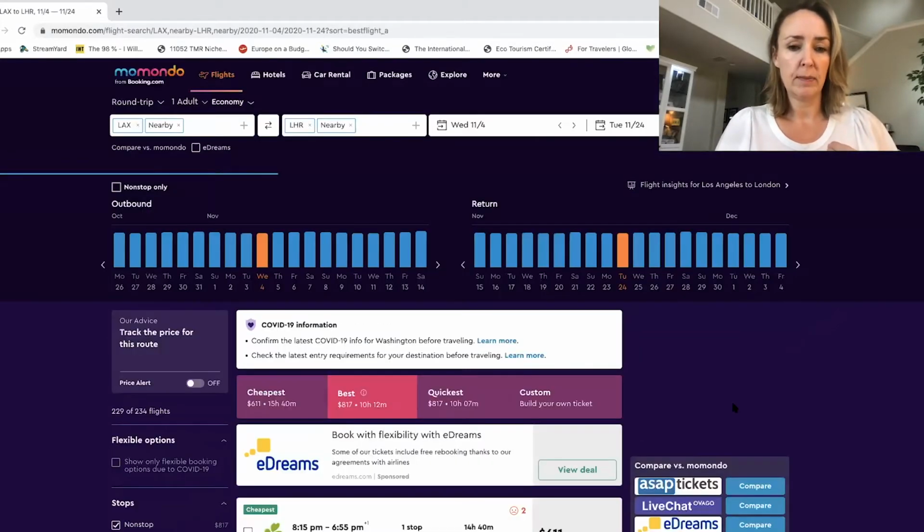Continue flights. Okay, so one of the things I love, if you've seen any of my videos, you know I talk a lot about Google Flights. Right now, they are my current favorite for finding the cheapest airfare or finding any airfare for where you're going. But one of the reasons that I like them the most is they're very fast. When you put in a new search, you get results almost immediately. One of the things I don't like when I was comparing Skyscanner is it is incredibly slow. So Momondo,